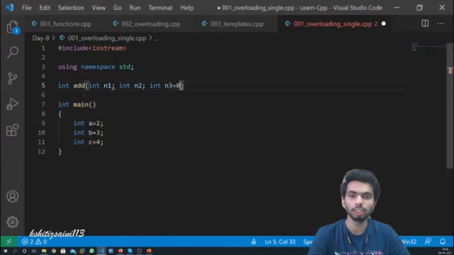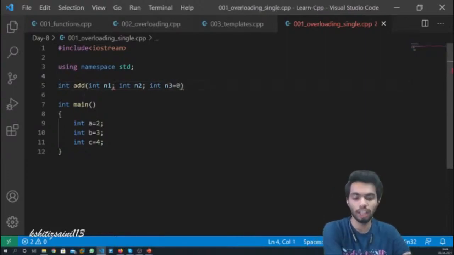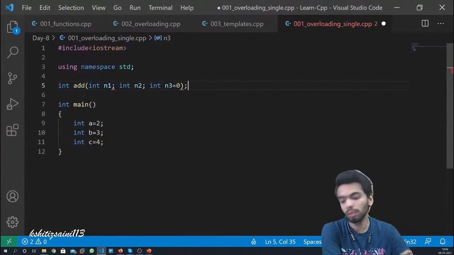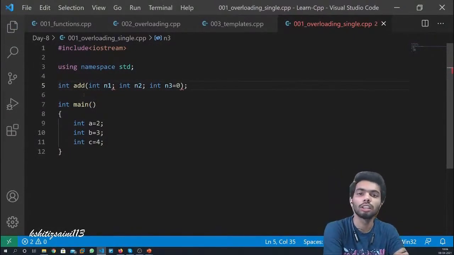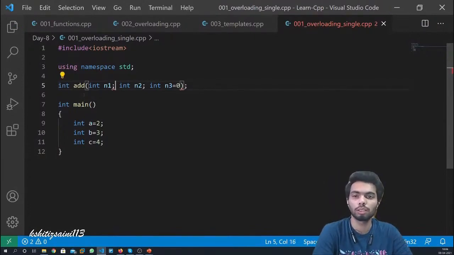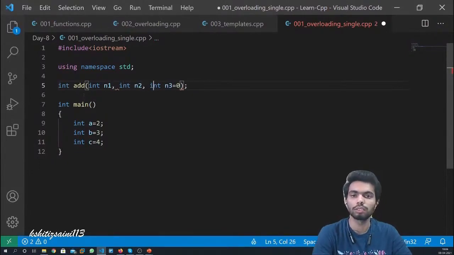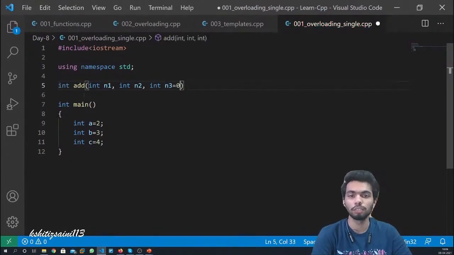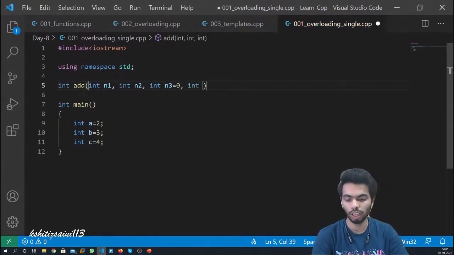तो अब इस int n3 इक्वल टू 0 का मतलब क्या होगा कि मैंने एक डिफॉल्ट वैल्यू इसको पहले से ही दे दी है। अगर कोई भी वैल्यू प्रोवाइड नहीं की जाती है, if none of the value is provided, so it will automatically, okay, I have to put comma, तो ये ऑटोमेटिकली n3 की वैल्यू 0 कर देगा। And further I can provide value int n4 equal to 0।